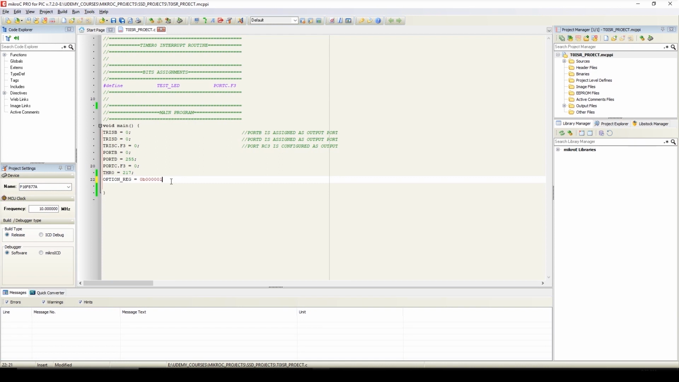0000 0101, and now we'll select 3 interrupt bits of INTCON register, that is global interrupt enable bit, GIE_bit equals to 1, peripheral interrupt enable bit, that is PEIE_bit equals to 1, and timer 0 interrupt enable bit will also be 1, that is T0IE_bit equals to 1. Now we have completed all the assignments which are required to generate the interrupt of 1 millisecond, and now we'll